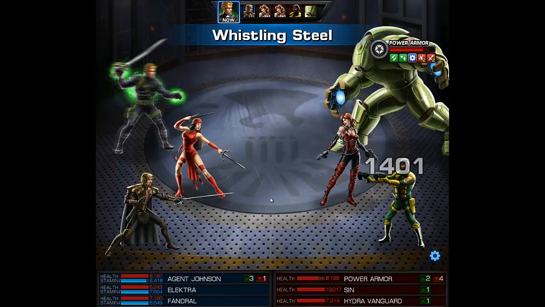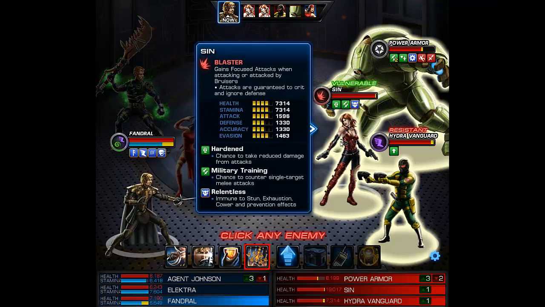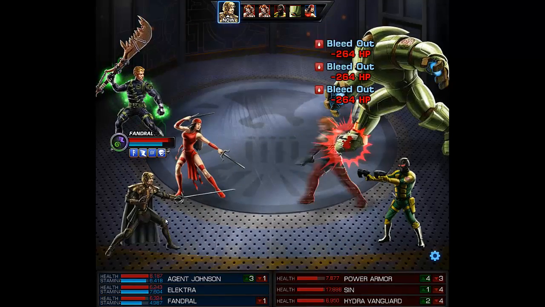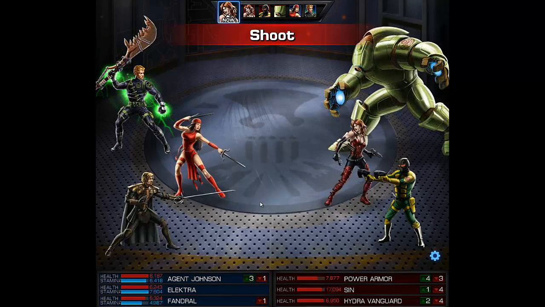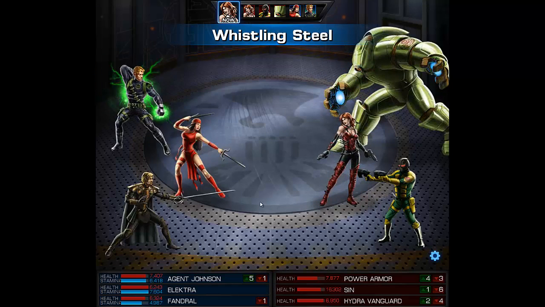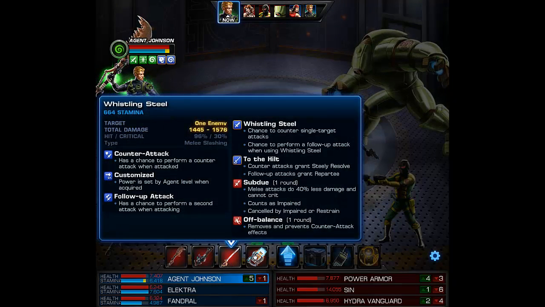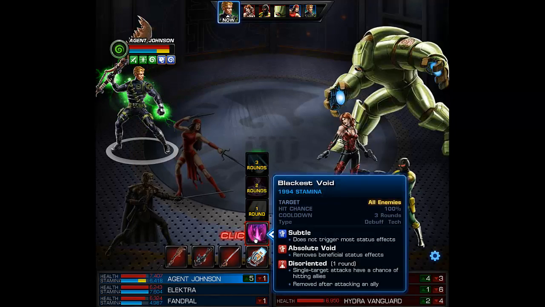Bumped up my attack over there from the Whistling Steel. Alright, so we're going to go ahead and lead with this. And Sin's going to get in my face, which she shouldn't because it's a stealthy attack. Stupid game. So here's a bleeding target hitting me. Devourer could proc, and Whistling Steel does instead. This exploits bleeds, but I'm going to go ahead and...